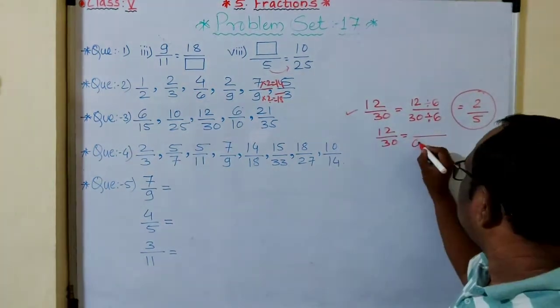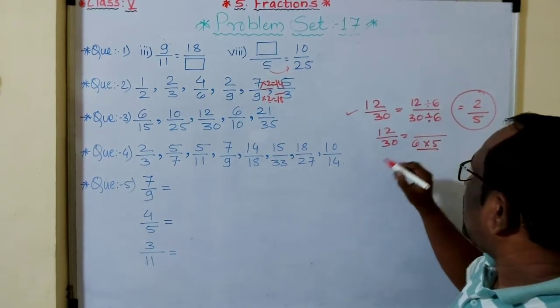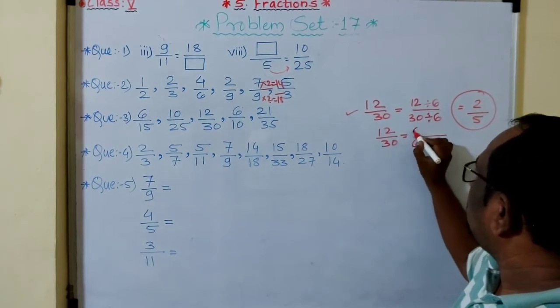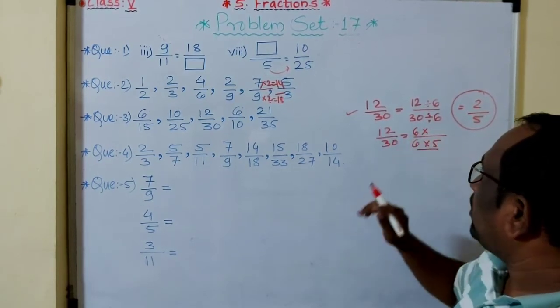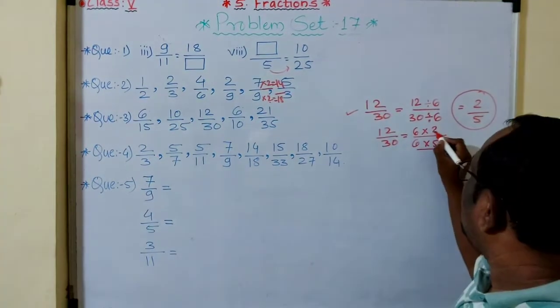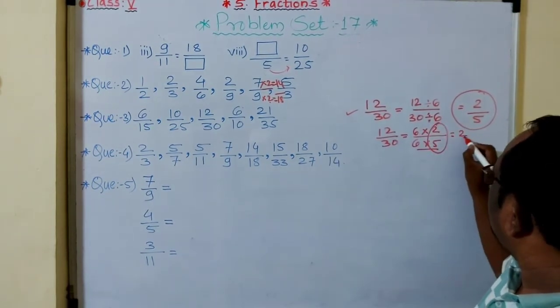So that is 6 multiplied by 5. 6 5s are 30. So now 6 again, the denominator here is 6, so the numerator also is 6 multiplied by. By which number do we multiply 6, then we will get 12? So 6 2s are 12. So this is the common, so 2 upon 5 is our